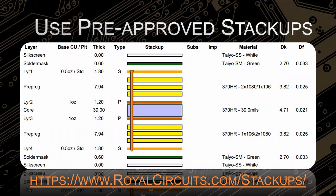Absolutely. And something I'll add just from a designer's perspective, look at the difference between the separation in layers 1 and 2 and 2 and 3. 1 and 2 are separated by about 8 mils, and 2 and 3 are separated by about 40. Now, a lot of designers use an old stackup where you have signal, power, ground, signal. But the trouble with that is when looking at your return paths, there's not a whole lot of coupling between layers 1 and 3. You're looking at 48 mils distance, versus if you routed your return paths on layer 2, then you've got, what is that, a factor of like 25